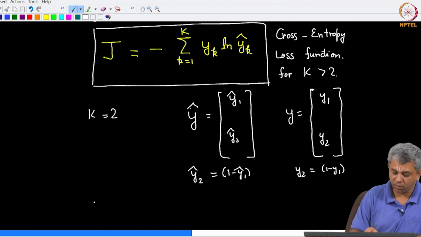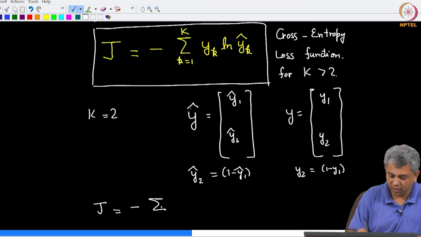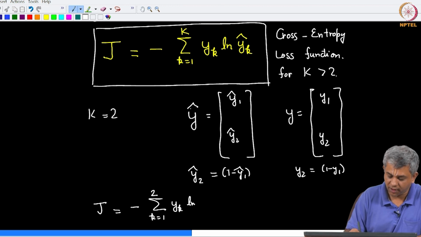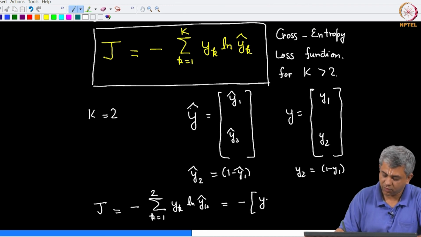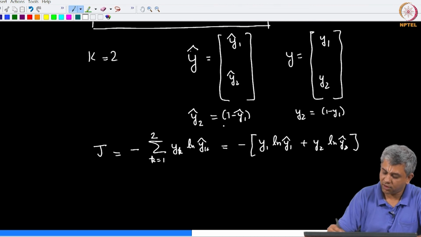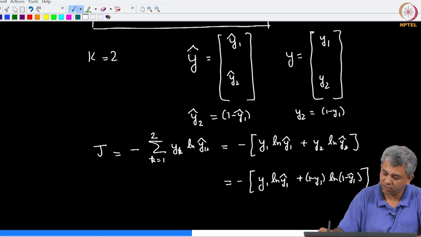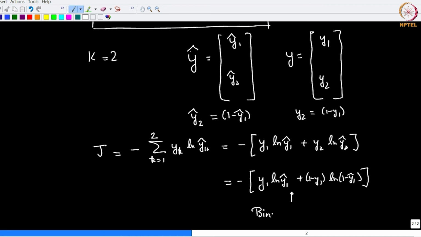So, if we run it through this formula, we get J equal to minus sum over k equal to 1 to 2 of y k ln y k hat, which simply becomes minus y 1 ln y 1 hat plus y 2 ln y 2 hat, and from these two relations this is simply minus y 1 ln y 1 hat plus 1 minus y 1 ln 1 minus y 1 hat, which is the same as the binary cross entropy loss function.